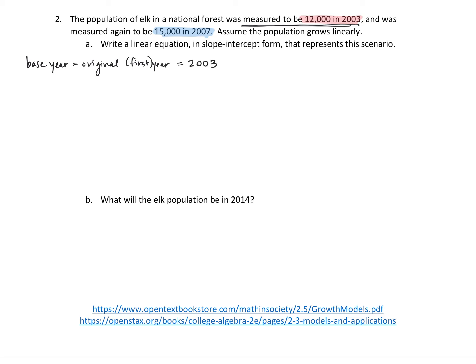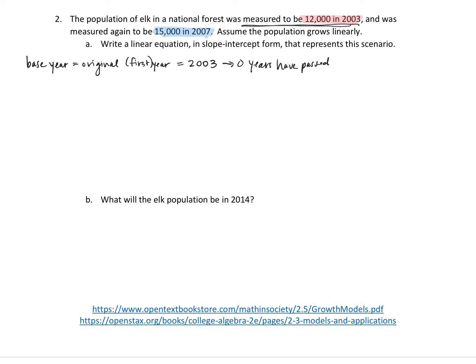That means 0 years have passed. If your first measurement is in 2003, the amount of time that has elapsed since 2003 is 0. Let's say you took another measurement in 2004. You could say the time would be 1, because then 1 year has passed since 2003, the base year. You're always looking back to the base year. So if we look at this ordered pair,